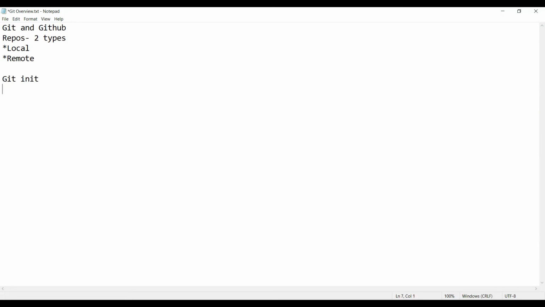The second command is that you have to add all the files which are located in your folder. So to add all those files, write git add dot. Dot is for if you want to add all the files, or you can directly type the name of the file and the extension.